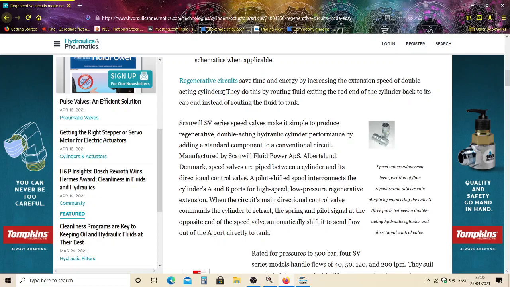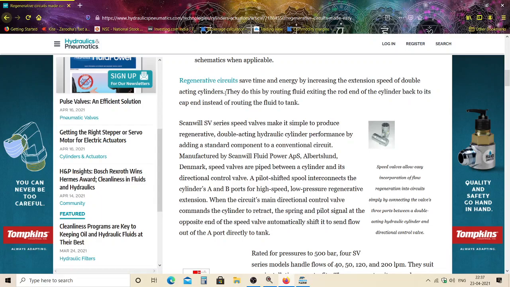But if you want to increase the speed of the extension stroke, meaning the movement of the connecting rod in one direction, that is, forward in the case of a horizontal cylinder and upward in the case of a vertical cylinder, with the same flow rate, then you can go for regenerative circuits.